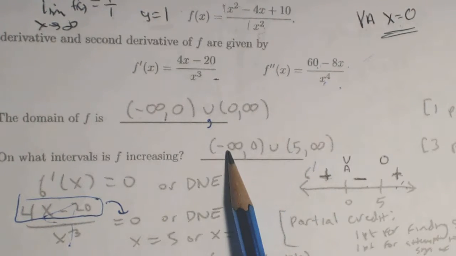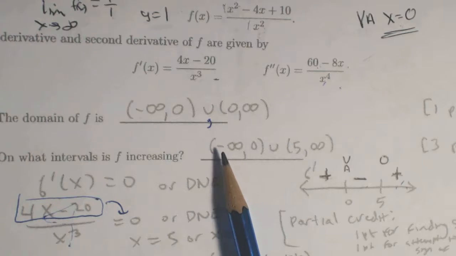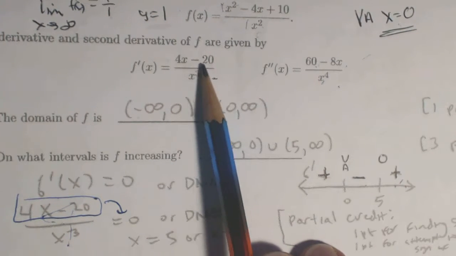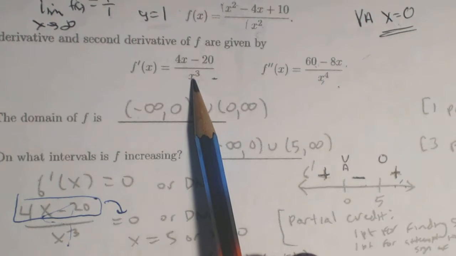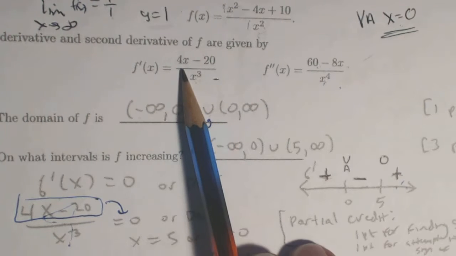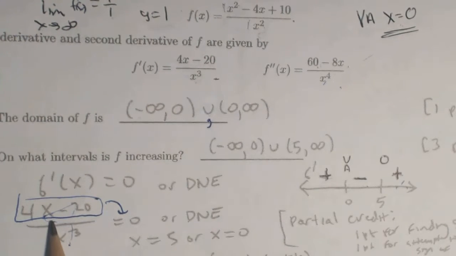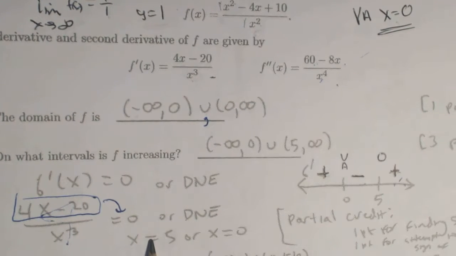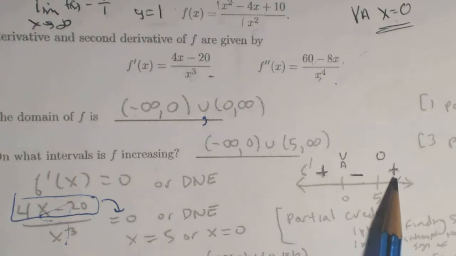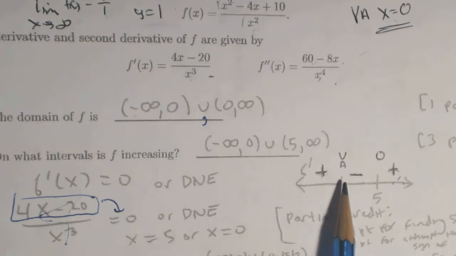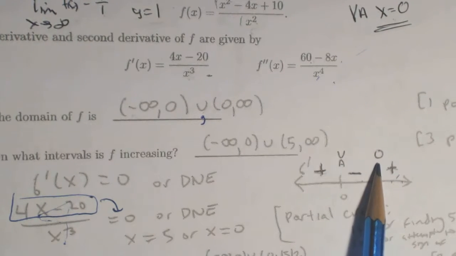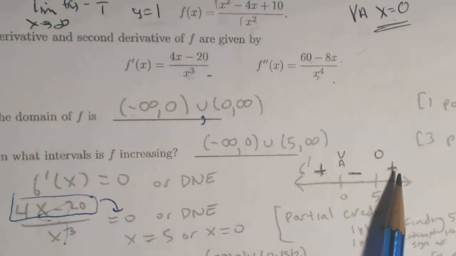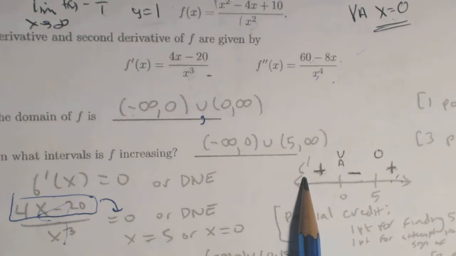Okay, so for the first derivative, we're going to take this 4x, we know that it's not defined at x equals 0, and we're going to set 4x minus 20 equals 0. You see that right there, and that gives you x equals 5. Now if you simply make a sign chart, and they started one over here, so I filled in at 0, we had a vertical asymptote, at 5 we had a 0. We can just plug a number into each of these three ranges,